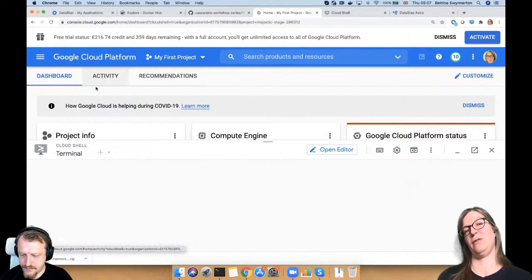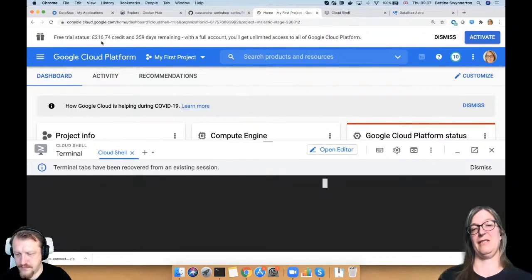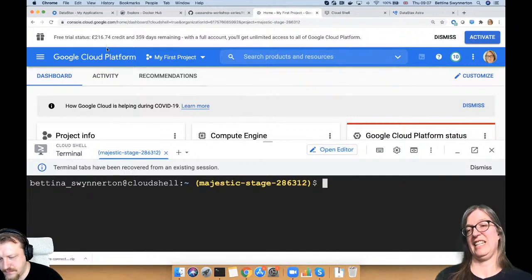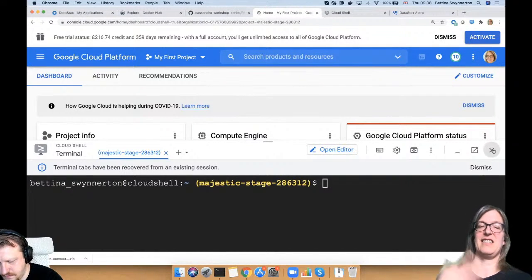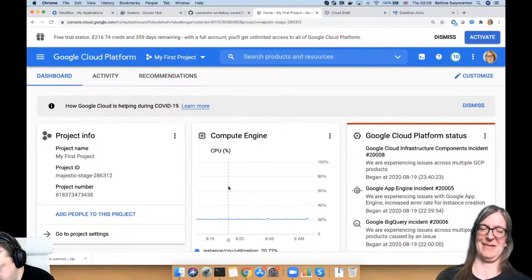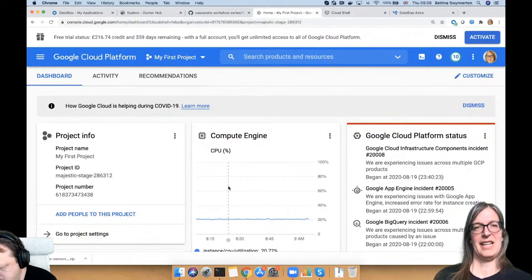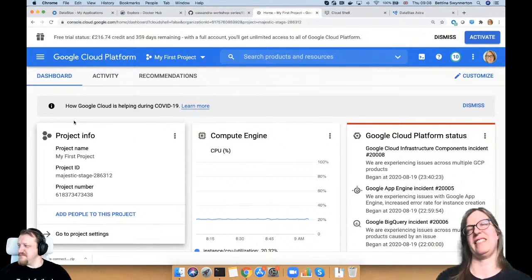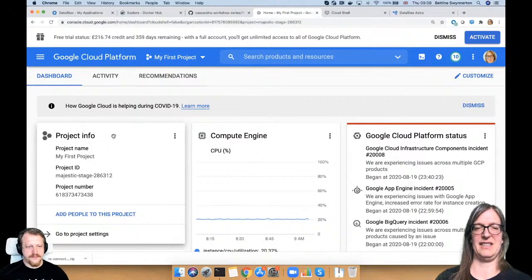You see, it was 270 before, now it's 216, so it's going down. Just keep an eye on it. Do us a favor, don't run into nasty surprises. Okay, good. So that was the main project, how to get started, how to set up the billing, how to keep an eye on it.